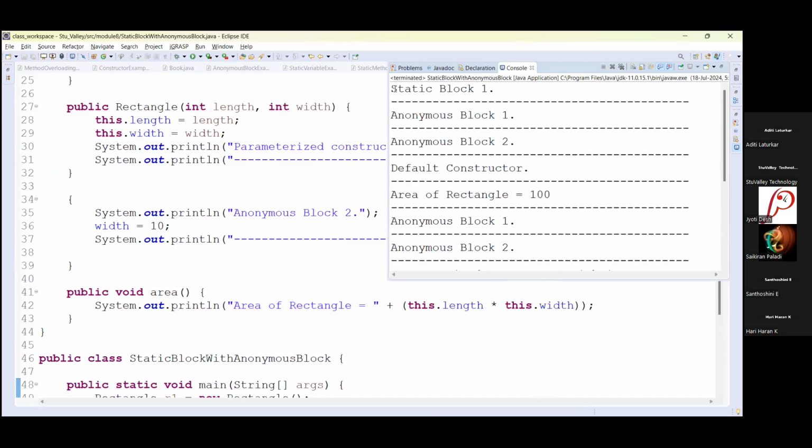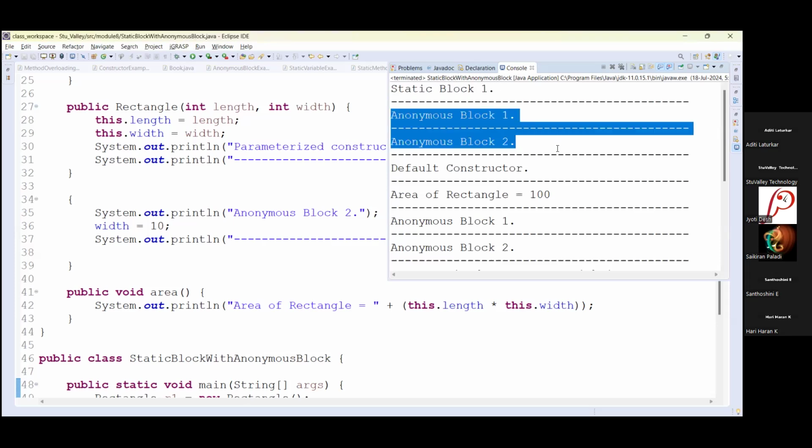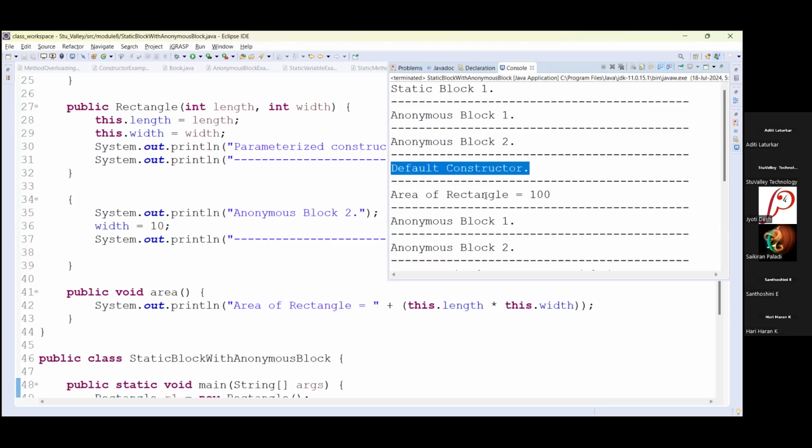So the difference between static block and anonymous block is that the static block is always executed first and only executed once. Okay, it will never be executed according to your number of objects or instances. It is always executed only once. Anonymous blocks, or instance initializer blocks, are called multiple times as per the number of objects you are creating and the number of times you are calling the